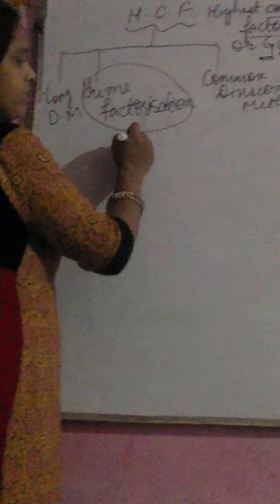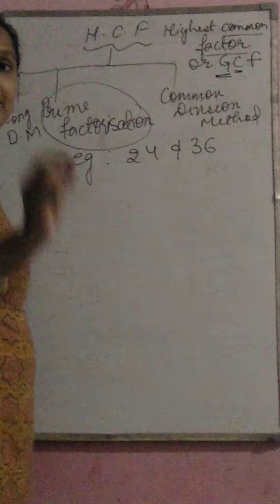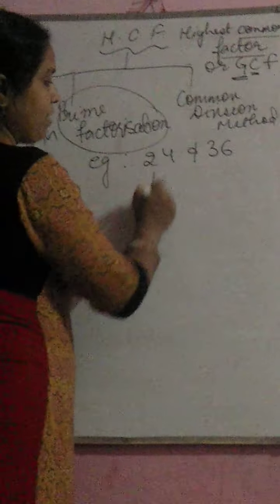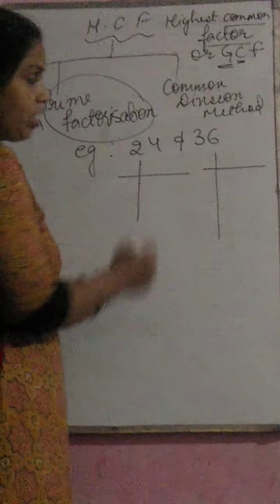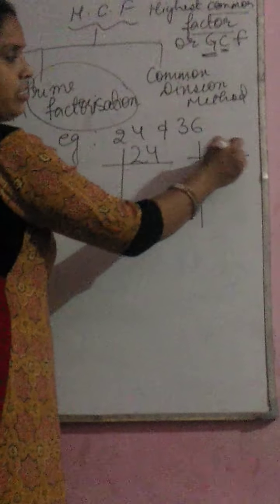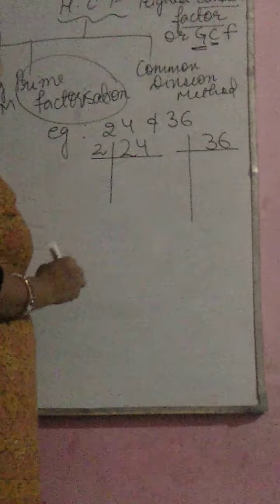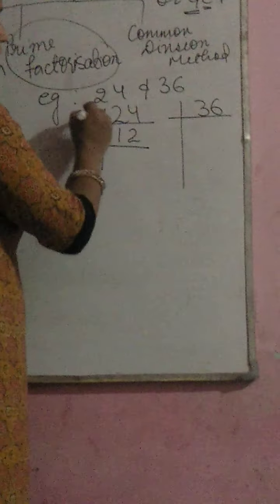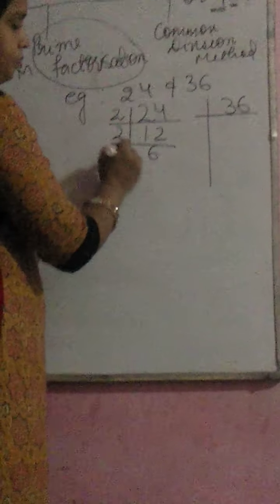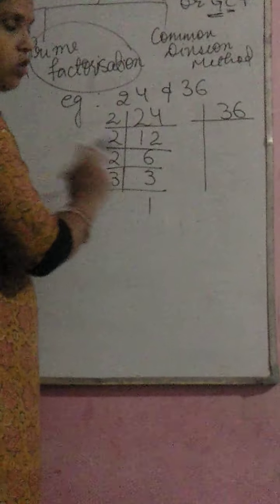First, let us take the example of 24 and 36. Two numbers are given to you, and you have to find the HCF by the prime factorization method. I have explained in my previous video that we can do it by the division method. Write down the two numbers and then use your prime numbers to solve it. I am using 2 first, because you have to use the prime numbers in ascending order. So here I have used 2, then 2 6s, then 2 3s, and then 3 1s. Unless and until I am getting 1, I am not stopping.